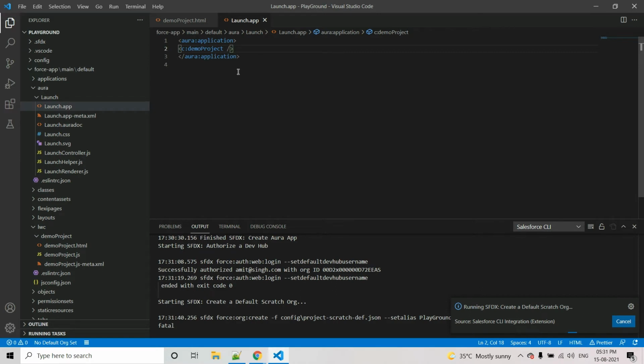So the command is running for creating a default scratch org. We will get a confirmation with exit code 0 if it is successfully created, and if there is some error, it will display over here. The command is still running.